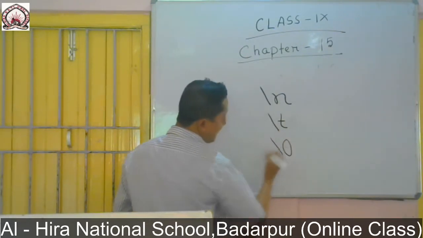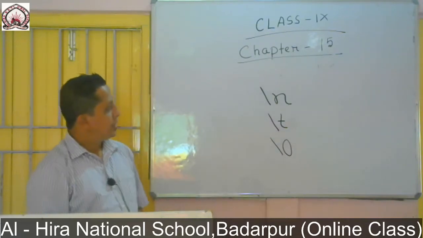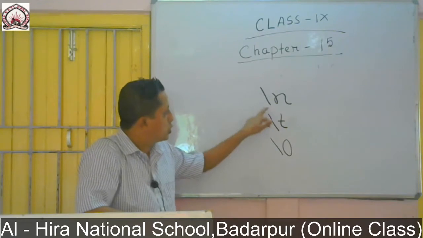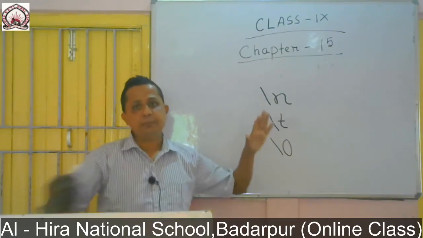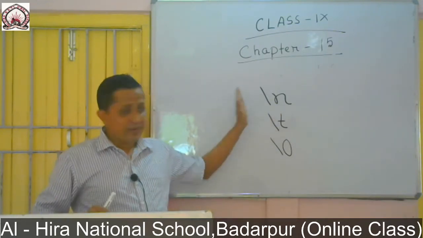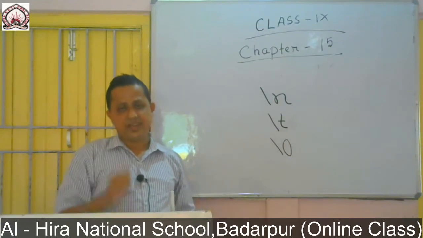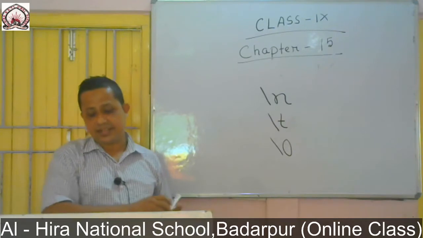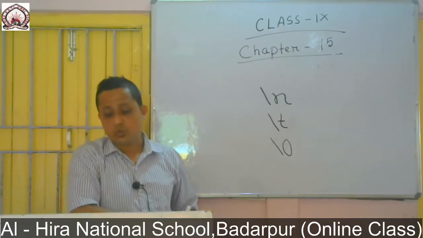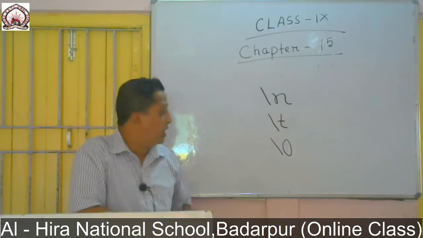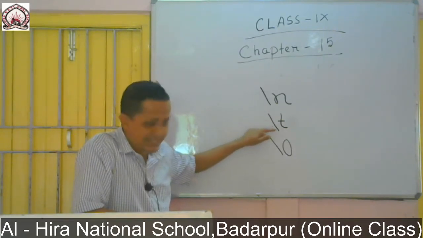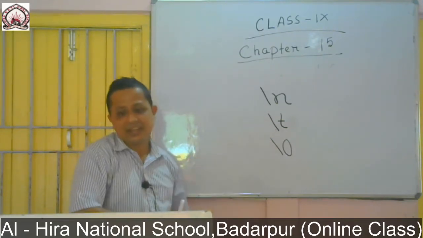\0 means null. Now see, as I told you, it is only one character, but two characters are there. Basically what happened is, when I give the backslash and then I give any symbol, everything is represented as a single character. Although they consist of two characters, they represent a single character constant. \n means new line, \t tab, \0 null character.